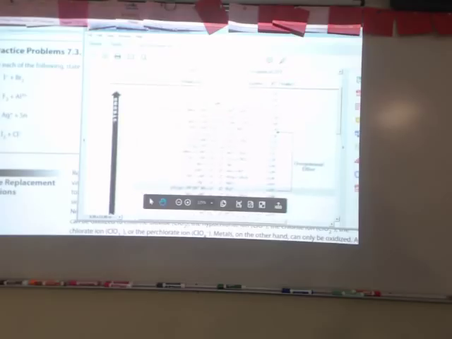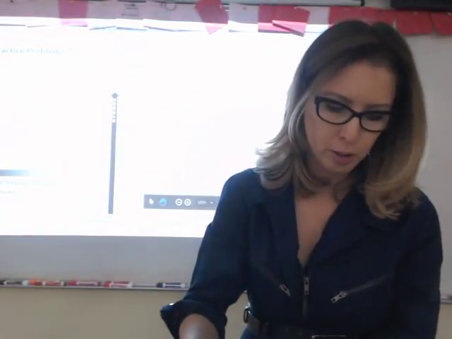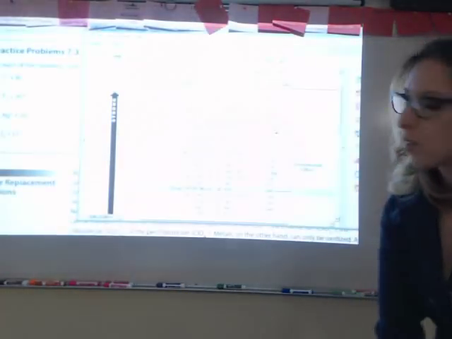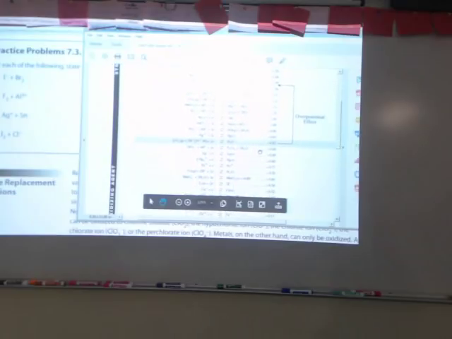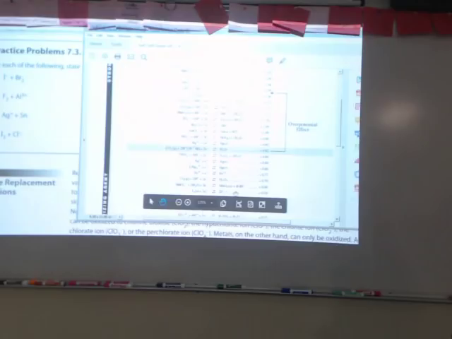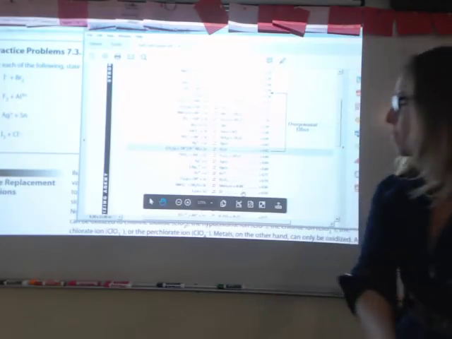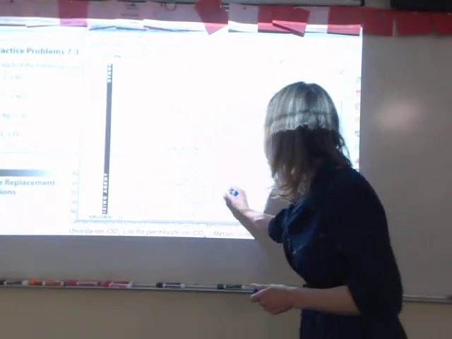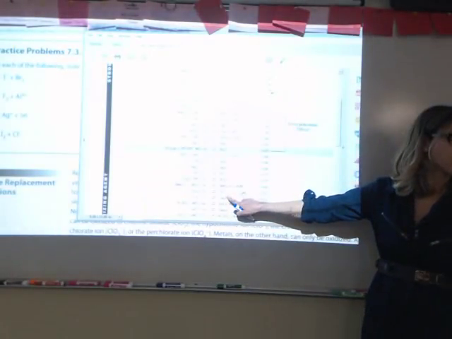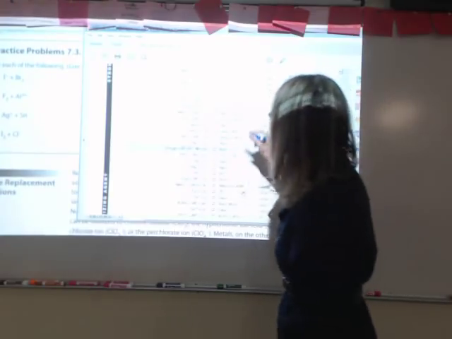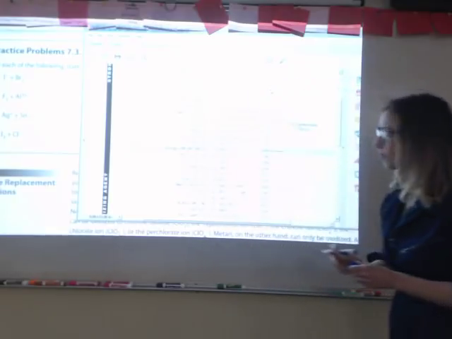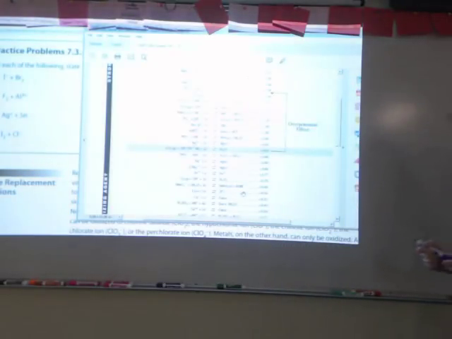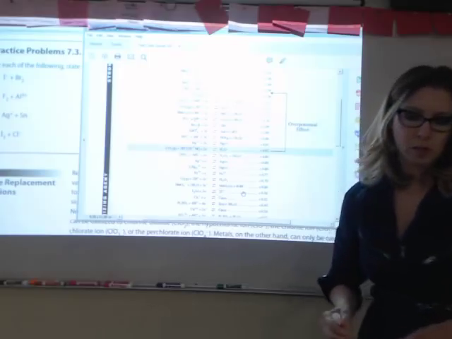There we go. Okay. So we're looking for I negative and Br2, and I'm going to have you mark these on the table. So I negative is right here. Okay, everybody found it? Okay, and then your Br2 is right here. Okay. So the question is,